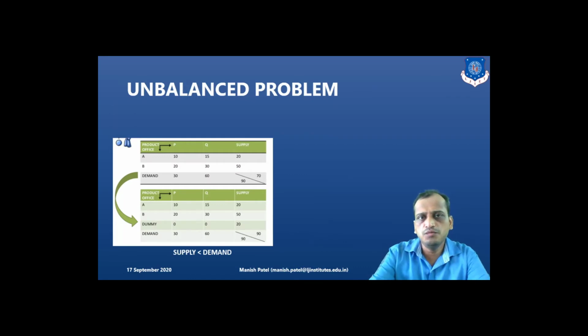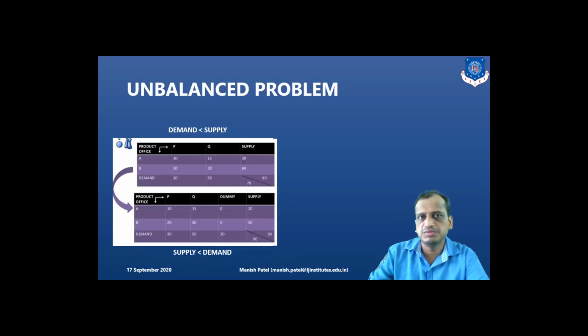I already told you that if the problem is unbalanced, if the total of supply and demand in the transportation cost matrix is not equal, then we have to introduce a dummy column or dummy row so that we get a balanced problem. Once we get the balanced problem, only then can we start the solution method, which is the northwest corner, least cost, or VAM, Vogel's approximation method.